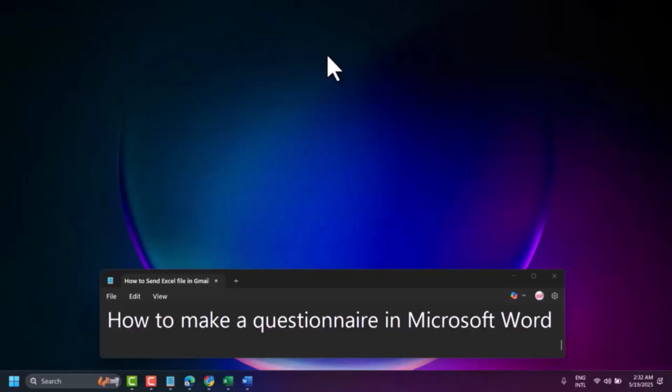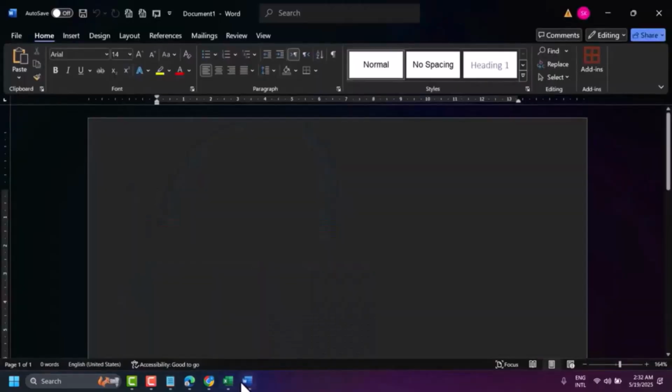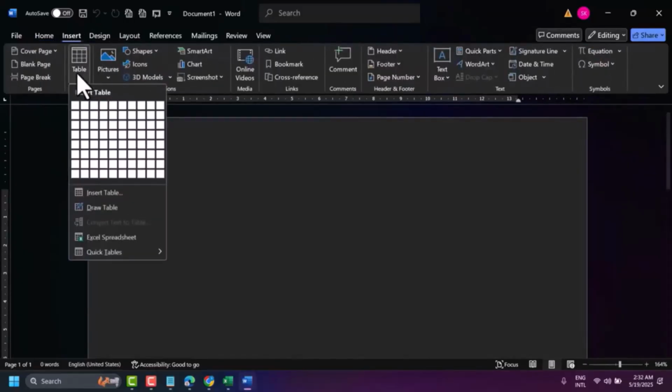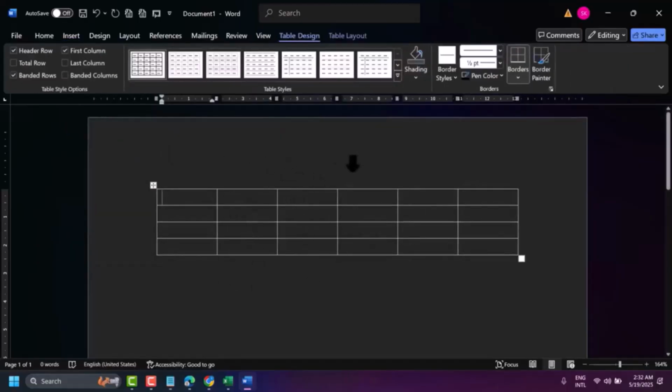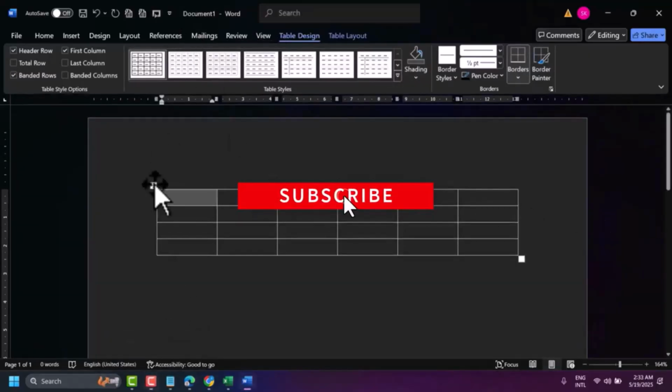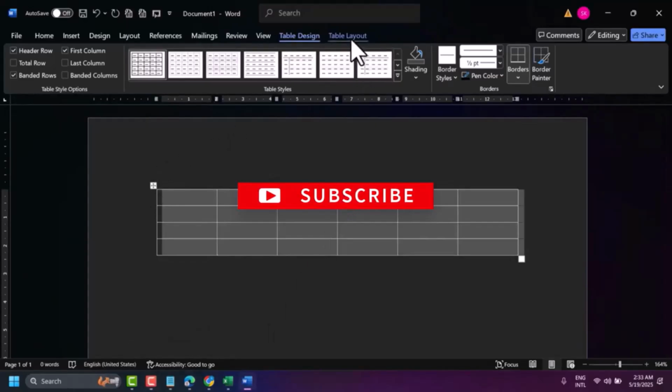Let's start our video. First open Microsoft Word, and here you need to click on Insert, and click on Table and select the table size as per your requirement, like this. Then select it and click on Table Layout